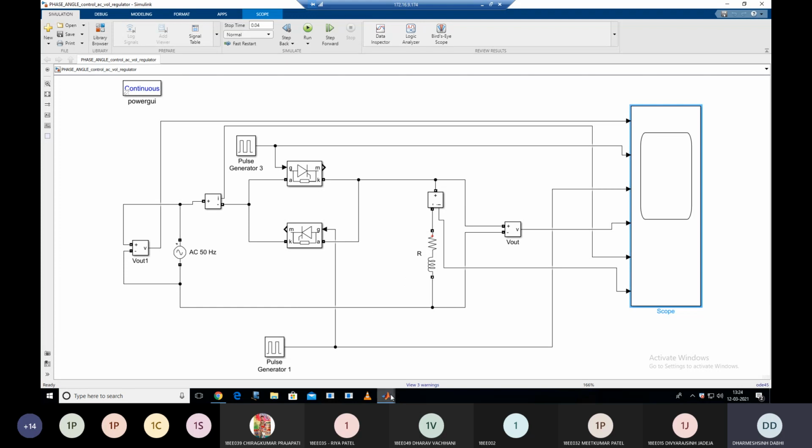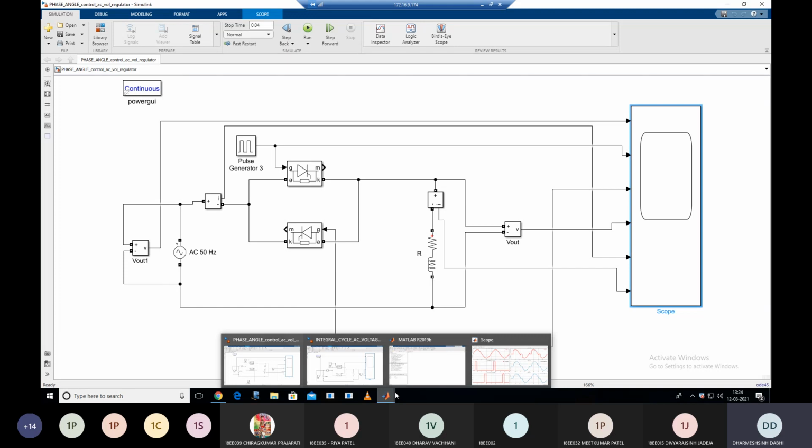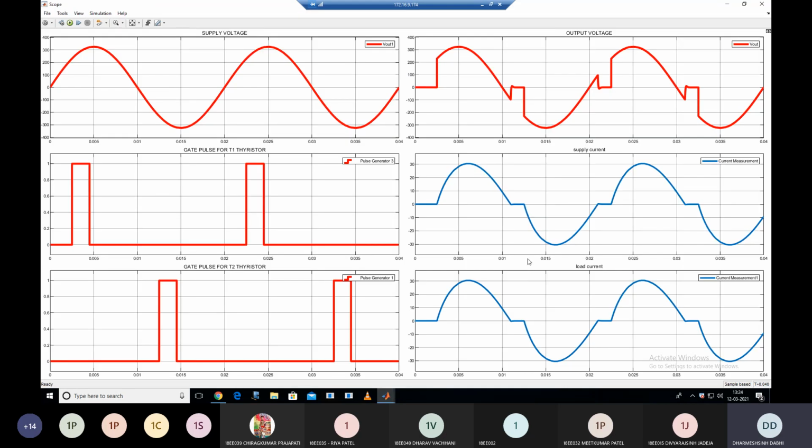It is discharged completely at the angle pi plus phi. Here phi for this load condition is 17 degrees, so at pi plus 17 degrees, which means 180 plus 17, it is 197. You can see that near 197 degrees your output voltage is 0. Here the x-axis shows the time duration; pi means 0.01 second.